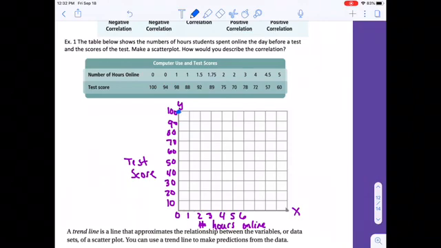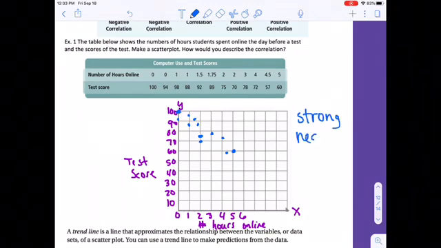We have 0, 94. 1, 98, 1, 88, 1.5, 92, 1.75, 89, 2 is 75, 2 is 70, 3 is 78, 4 is 72, 4.5 is 57, and 5 is 60. So this looks like a strong